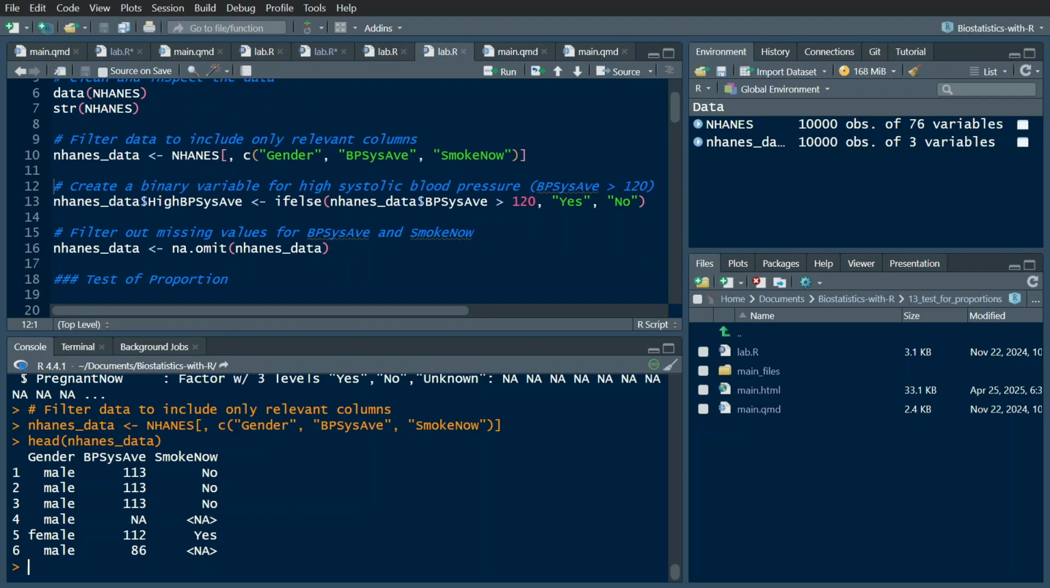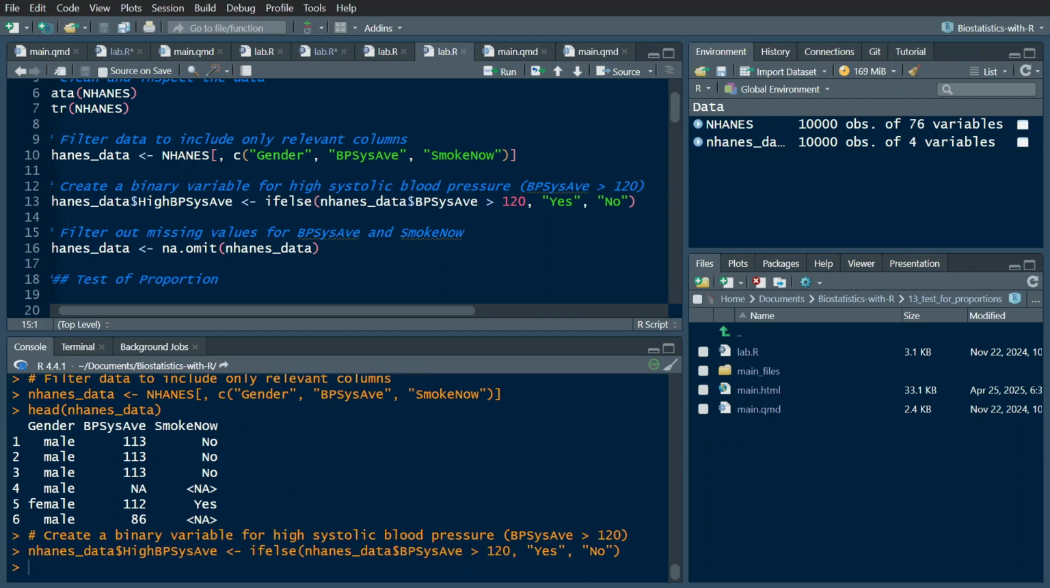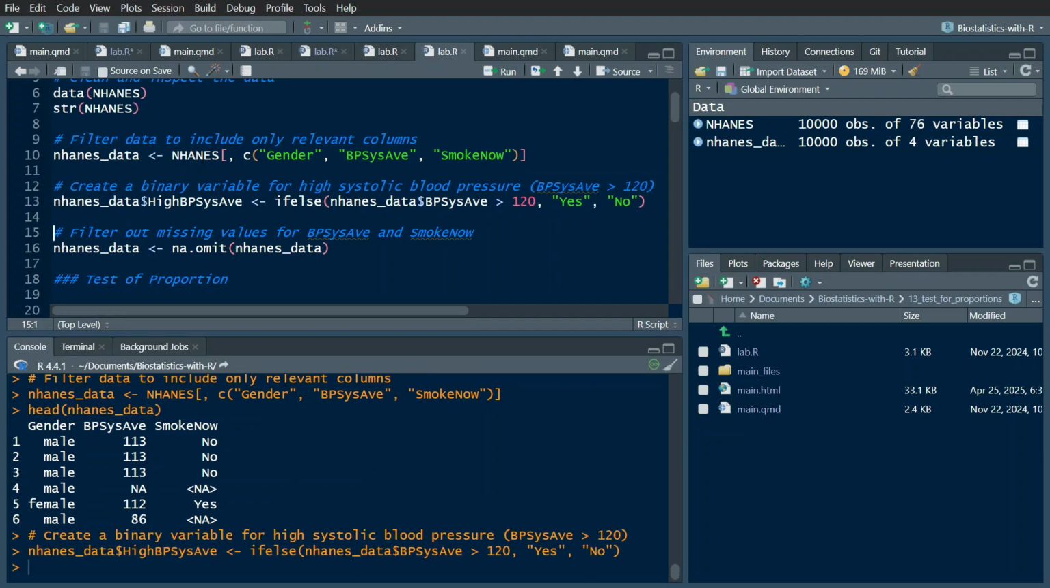Now let's create a binary variable for high systolic blood pressure. We're going to create a binary variable that categorizes this based on the threshold of 120. Those with systolic blood pressure above 120, we categorize as yes, that is high, and those with systolic pressure at or below 120, we categorize as no, which means it's not high. We're going to do that and run this. And if we check the head,